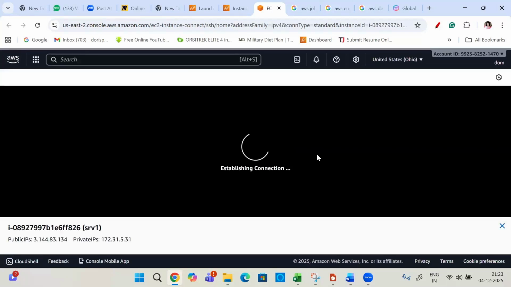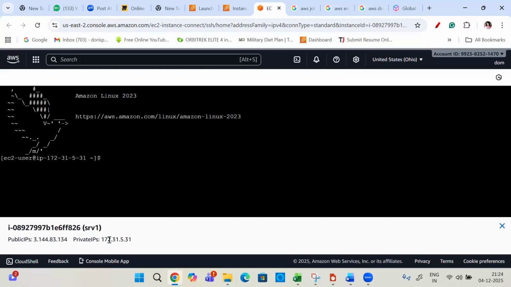You can just see here, I'm connecting to my machine from my account directly. Usually it has two addresses, public and private. Right now I have launched the operating system. So it is a quick one, right? If I'm giving some commands, this is why you will have to know some commands in case of Linux.